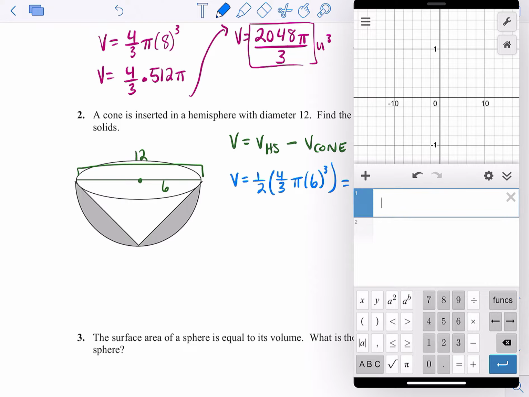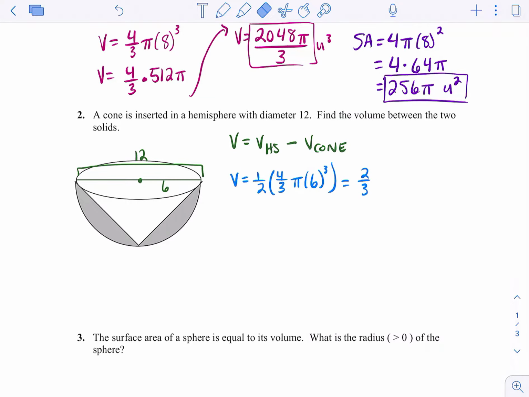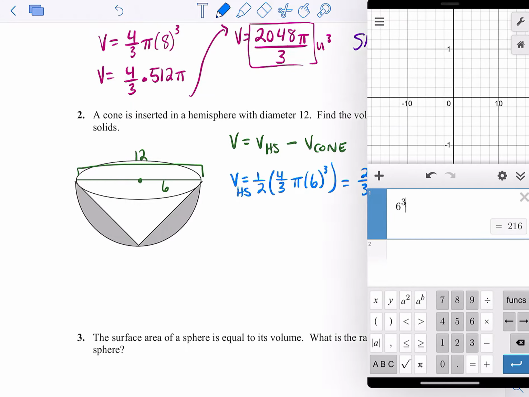Let's go ahead and actually do that. 6 to the third power is 216. So 2/3 times 216 pi. If this is not how you work, find the volume of the sphere and then just make sure to divide it by 2. But I like this method, so now let's try